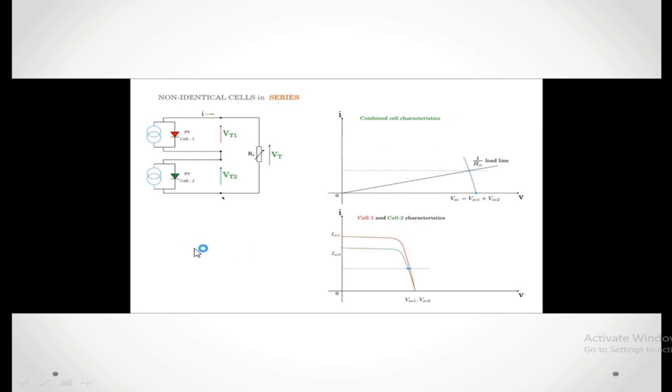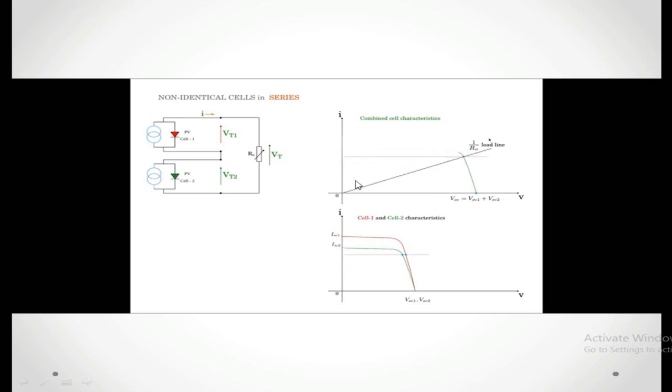If you observe the voltages of the individual characteristics, VT1 is in red color and VT2 is in green color. If you combine these two values, you get the combined characteristics on the load line. So this is VT1 plus VT2. Here you can see this is VT1 plus VT2, the effect of this resistance value. Now I am going to reduce the resistance value further, so let us see what is the effect on the load line.